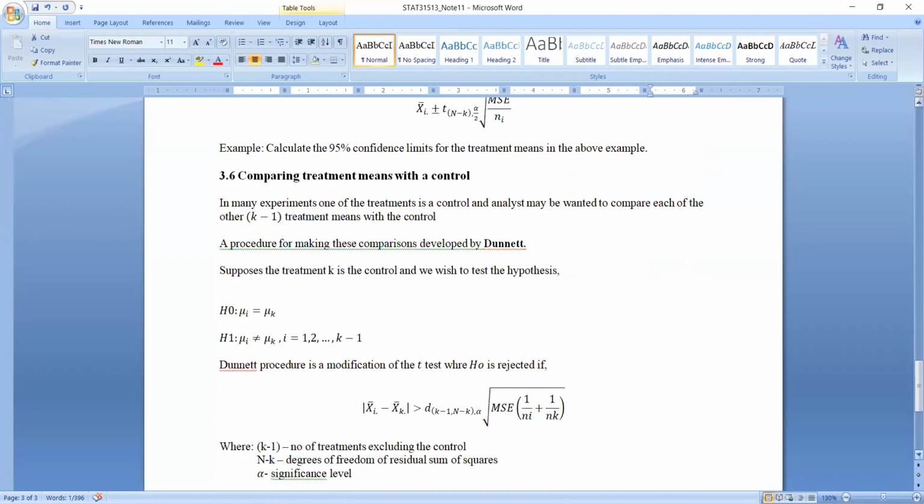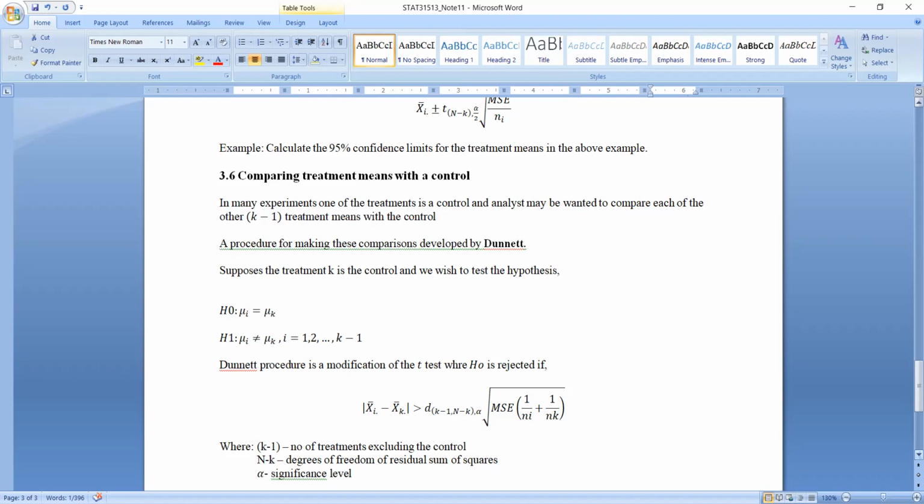Okay, so if you have no questions regarding the confidence intervals, in this case, there's another test. Now we can use Duncan's test, we can use the LSD test to see whether there is any difference between the treatment means, and you can use this formula to construct a 95% confidence interval for the treatment means. Also, in some problems, sometimes when you check the treatment groups, there is also